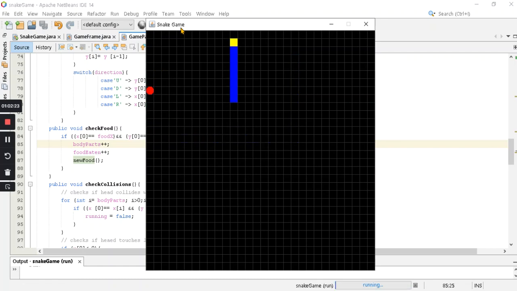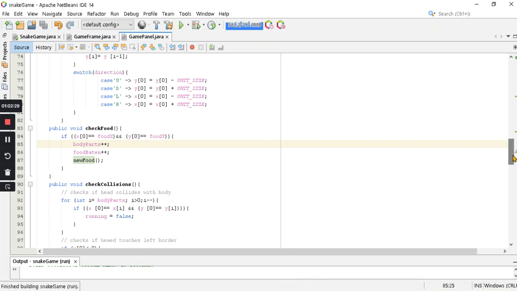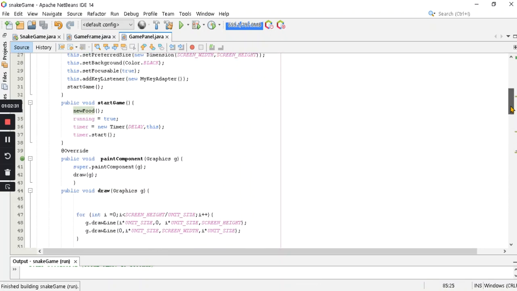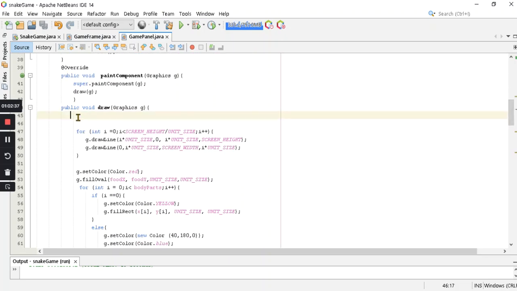Okay, hindi pa natin nakikita masyado yung pagka haba noon dahil konti pa rin nakain. So let's move first to the draw ulit, sa draw wherein if it is running na, sa if running,